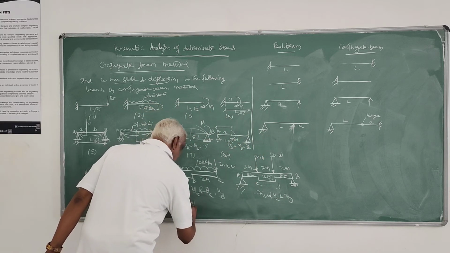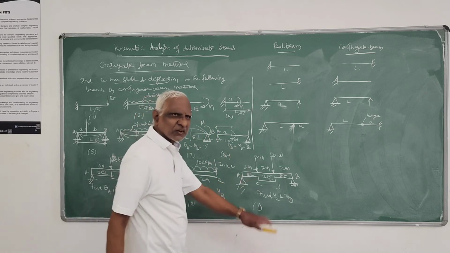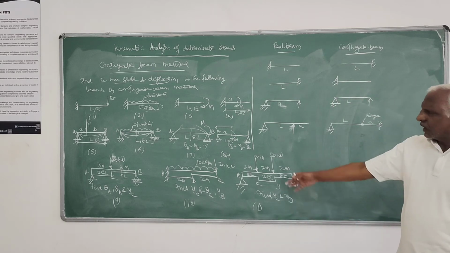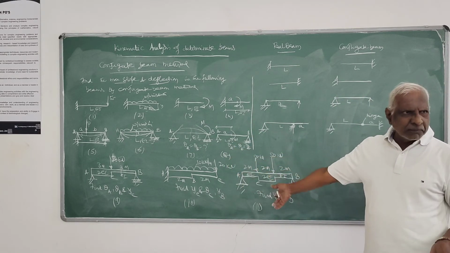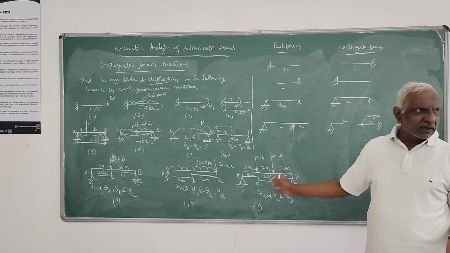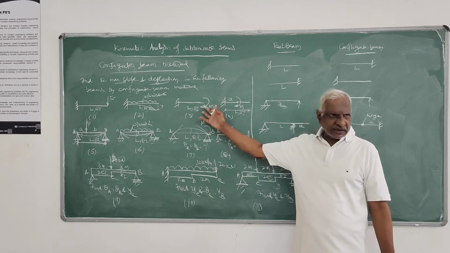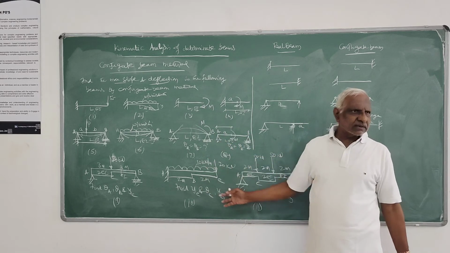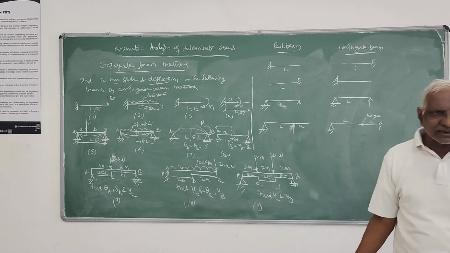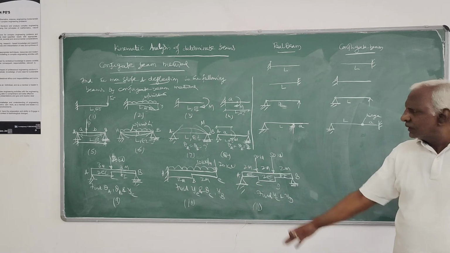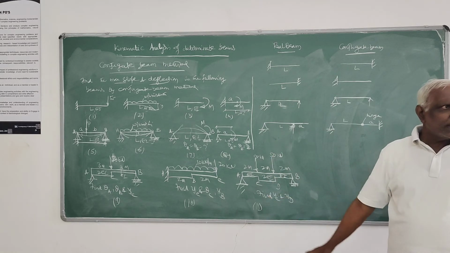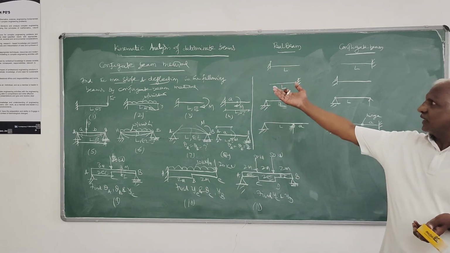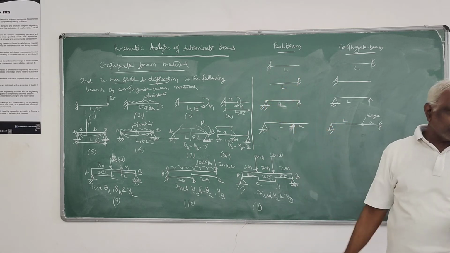So this is 10. Then I told you about the sun, and it is okay. So you can work it out. For example, I will work some problems, 2, 3, whatever is possible. I will show you the procedure, right? With reference to this, one problem on cantilever I will work, one problem on simply supported I will work, one problem on this non-prismatic beam. 3 problems I will work here, so that covers the conjugate beam. So you can work the remaining problems in the tutorial class. So this completes the conjugate beam method of finding the slope and deflection.